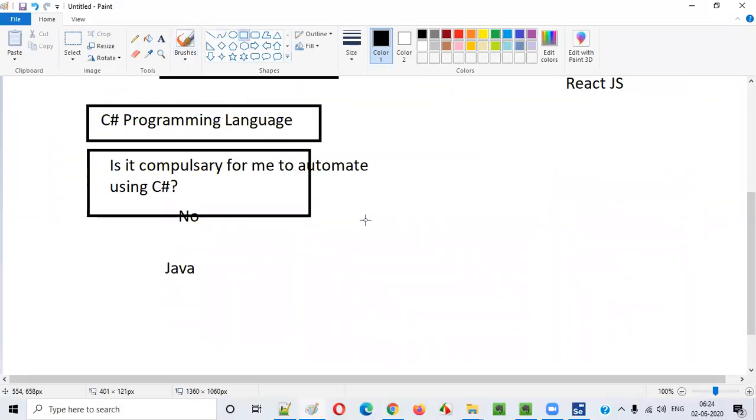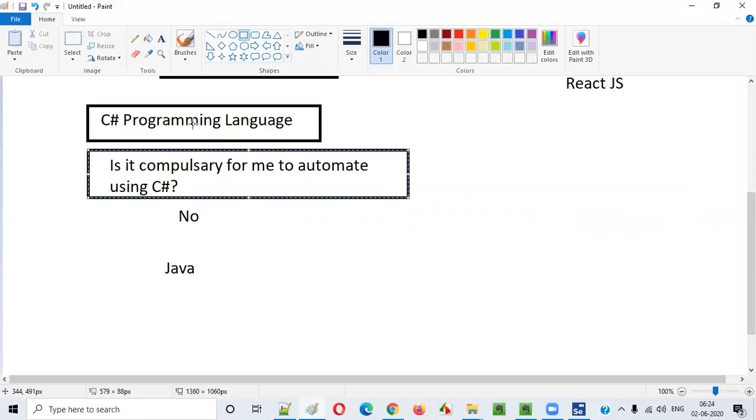For example, if your developers are developing something in C Sharp, and your automation team is also writing the automation scripts in C Sharp, what is the benefit there? What will be the benefit, guys? Can you tell me? Even though it's not required, it's not compulsory, there is a benefit. Can anyone say what is the benefit if the development and the automation are both in the same C Sharp language?